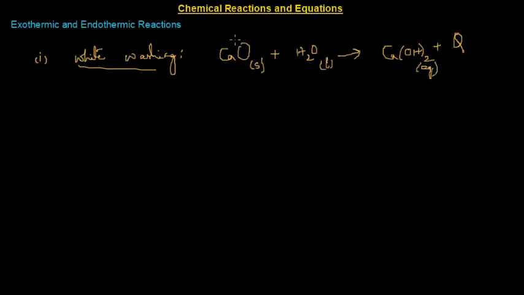You are dissolving quicklime in water. During this reaction, energy is released. The container in which the reaction is taking place gets heated up. This type of reactions where energy is given out is called exothermic reaction. Energy given out. And endothermic reactions are those reactions which require energy